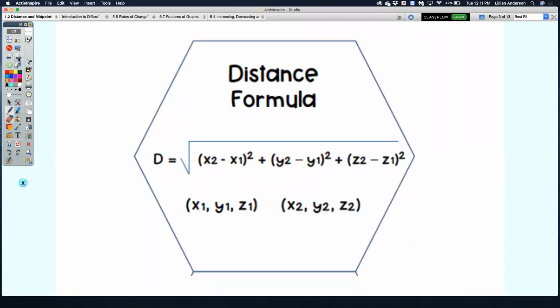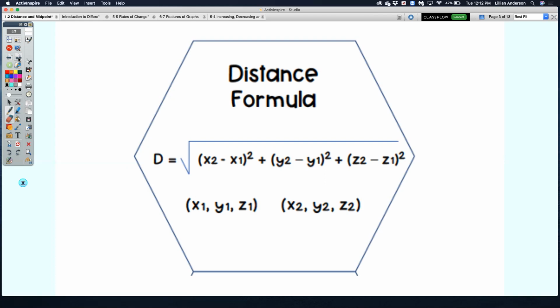The same type of distance formula that you would need to know for your SAT and ACT was just the square root of x2 minus x1 squared plus y2 minus y1 squared. There was no z. That's for two-dimensional space. But for three-dimensional space, there is a z axis. That's what creates that depth. So in a similar fashion, you just continue to add z2 minus z1 squared. And realize that x1, y1, z1 is one coordinate, whereas x2, y2, z2 is another coordinate. But it's the same distance formula that you knew from way back then, and it just adds on that third